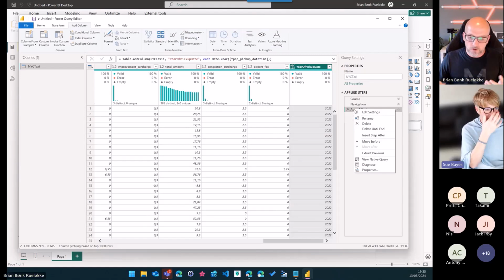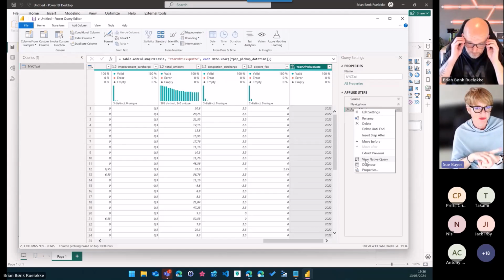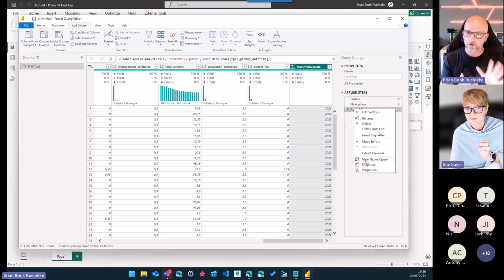Brian, just to show you. Sorry? Yeah, sorry, because you said to interrupt. So the question was, we can transform data in direct query mode, which you're showing. And then the comment was, but it has to support query folding. So you have to be able to write it as SQL, that the KQL engine will understand. Yeah, and here you actually don't have to write SQL because the KQL connector in Power BI is extremely good at translating what you're doing in Power Query and query folding that back to the engine. There are very, very few functions in Power Query that do not fold. Okay, cool. Thank you. Yeah, sure.